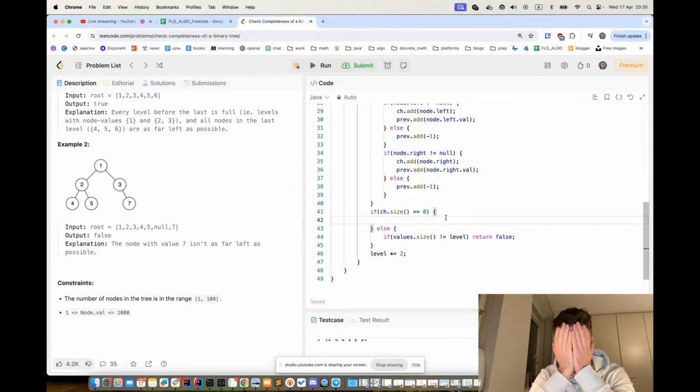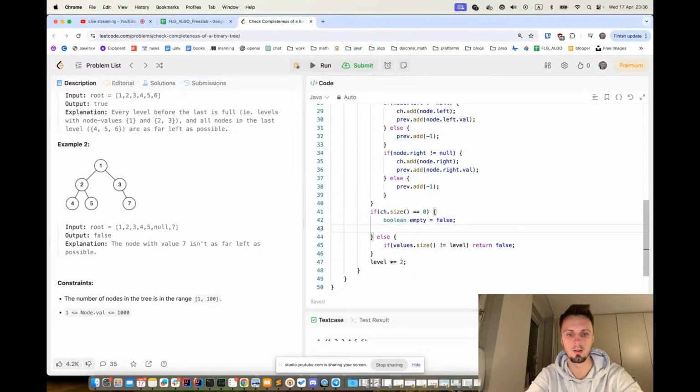So we have values, and if we see first -1, okay, so let's see, like we have a boolean empty that will be false, and we iterate through our array. So our pref, and if value is equal to -1,